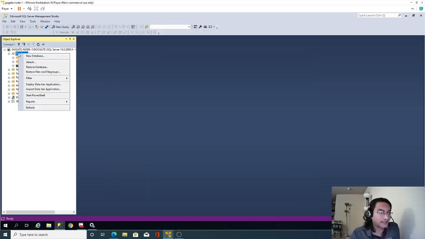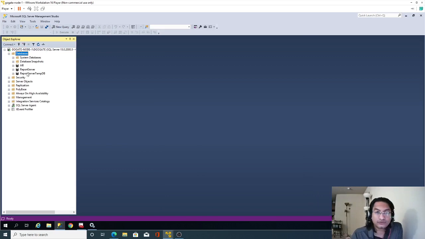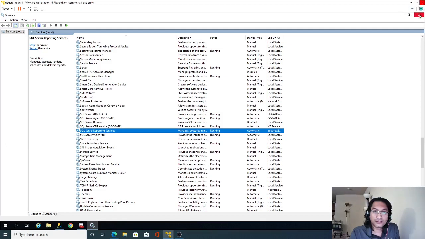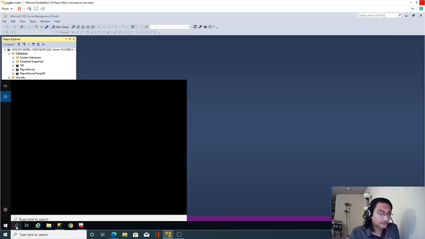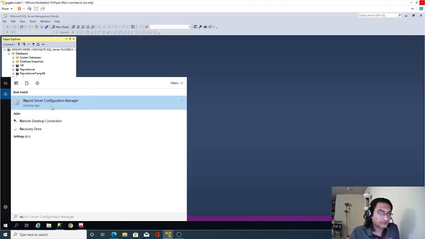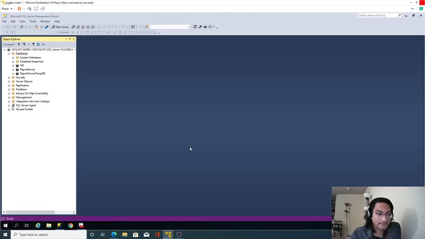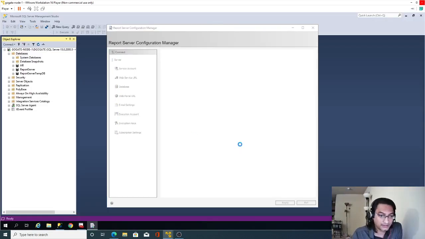If I go back and refresh this, I will get to see the two databases. This is the database name which we selected at the time of configuration. Now let me go back to the report server configuration manager. I will click connect.